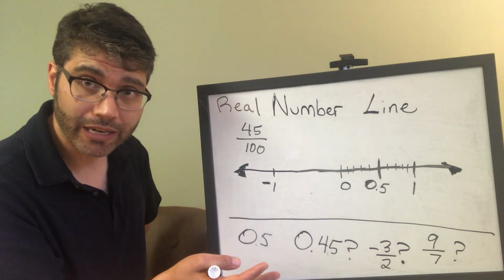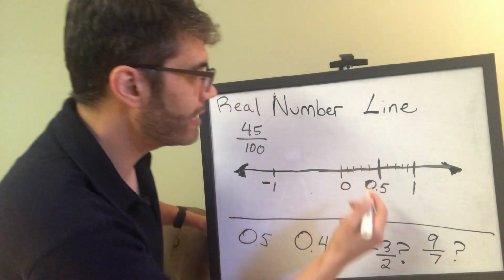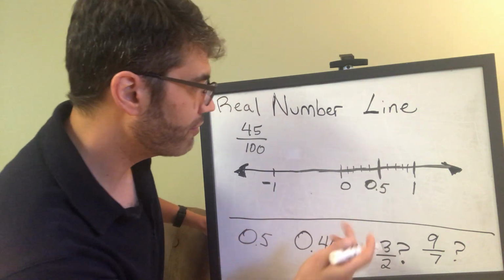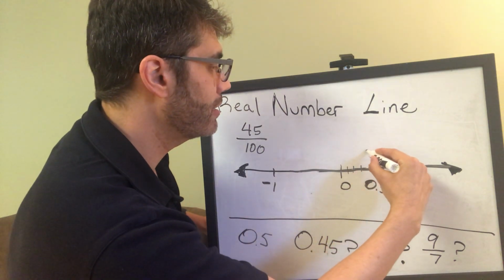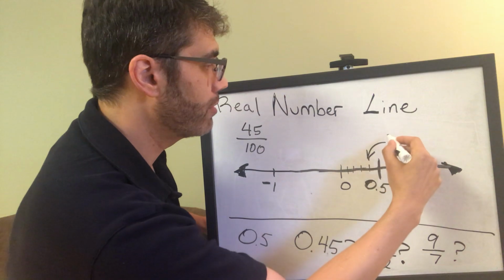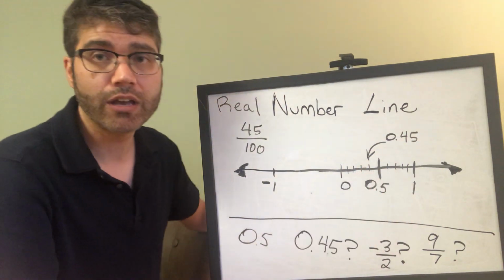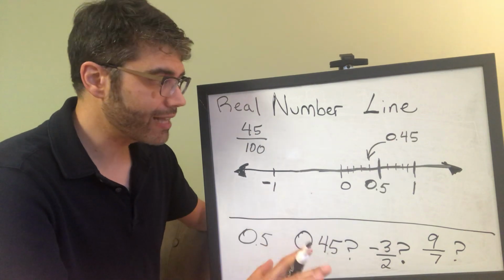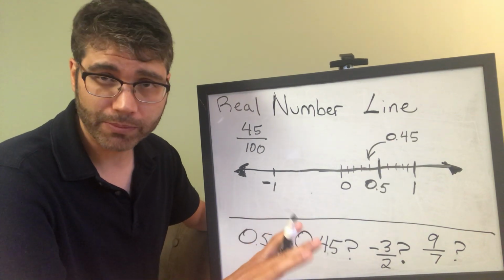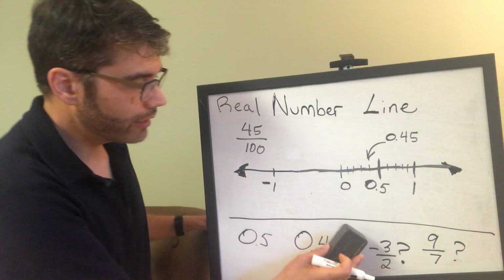So we can estimate it. And 0.45 would be just to the left. Okay, so we could put 0.45 there, and we know it's somewhere just to the left of 0.5, and that's about as accurate as we need for our purposes right now. Let's go to